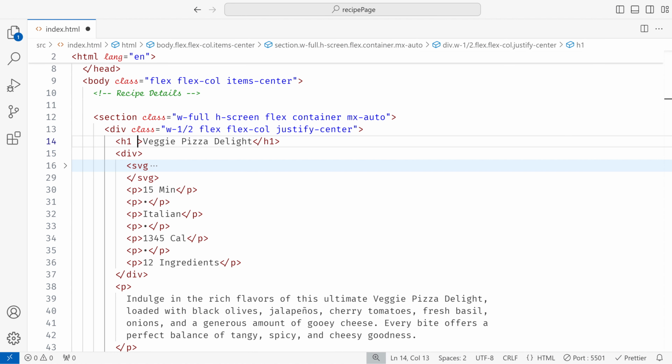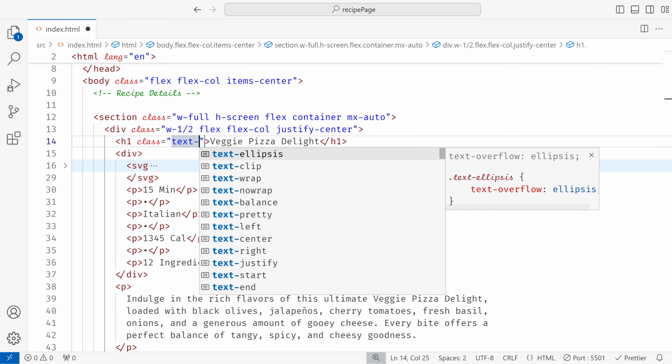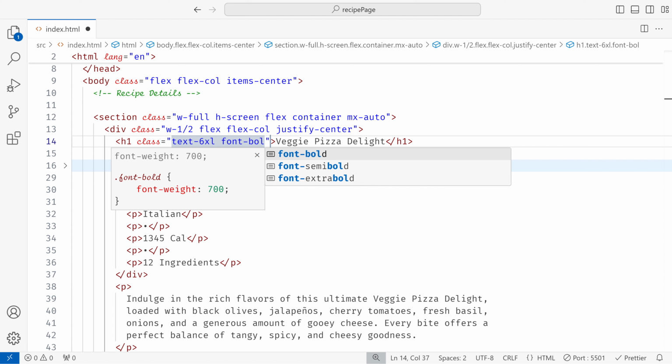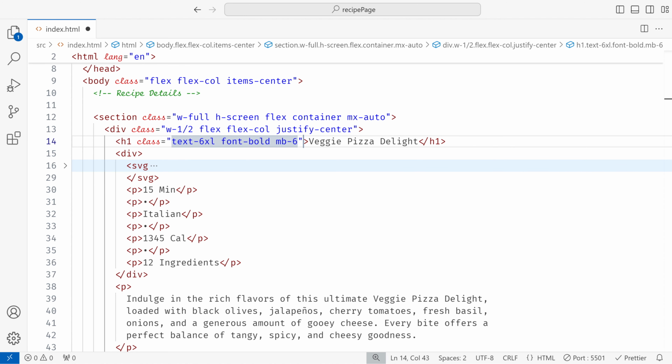So for the heading, let's make it big by using 6xl, and then we'll make the font bold, and we'll add some margin to the bottom so that there is some space between this div element and this heading. And for this div container, we'll make it a flex container and add some gap so that there is some space between each of these elements,